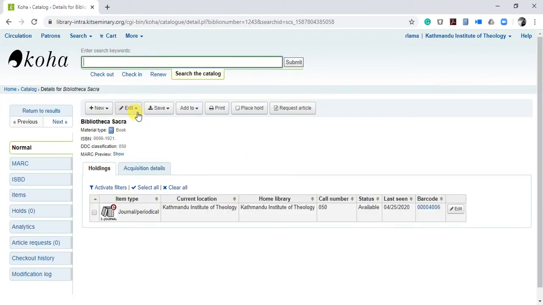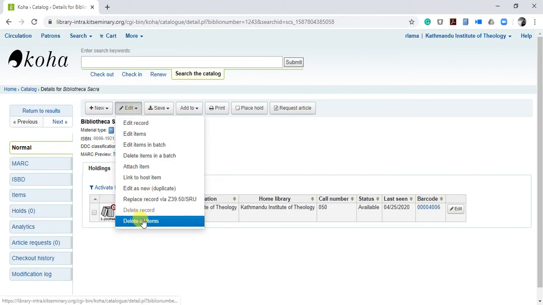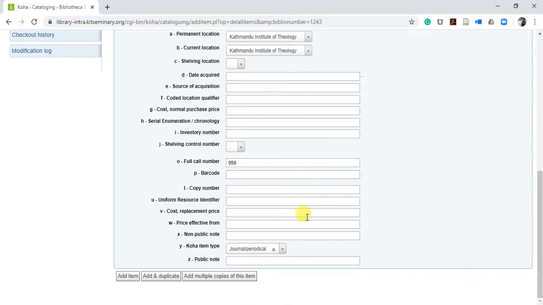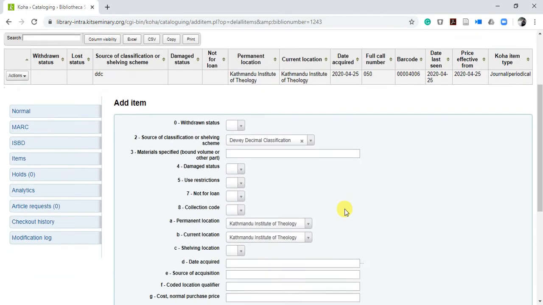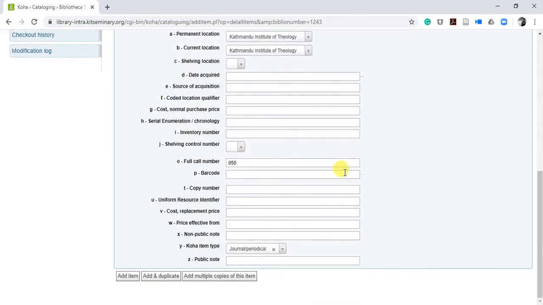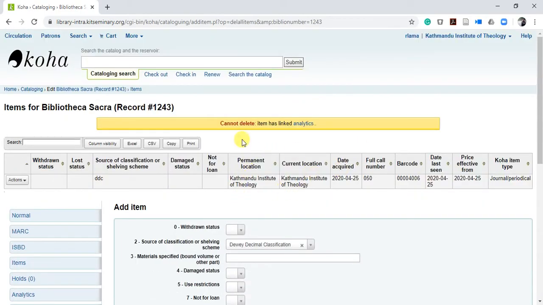Let me delete this one, edit, delete all items. Okay, cannot delete, the item has linked analytical. So what it says is it is not deleting because of the analytical, another item.